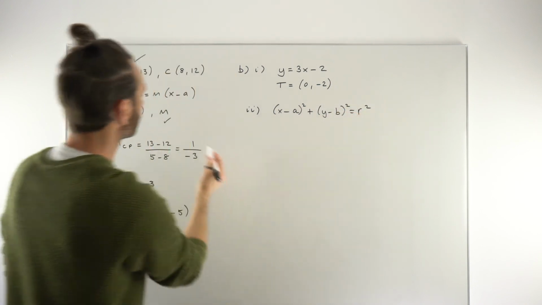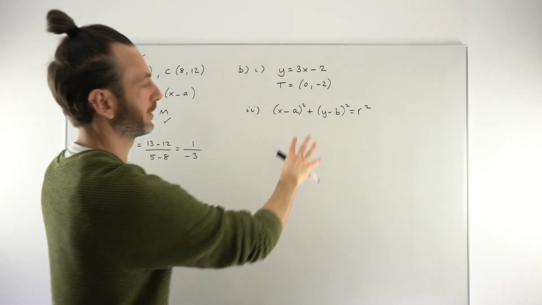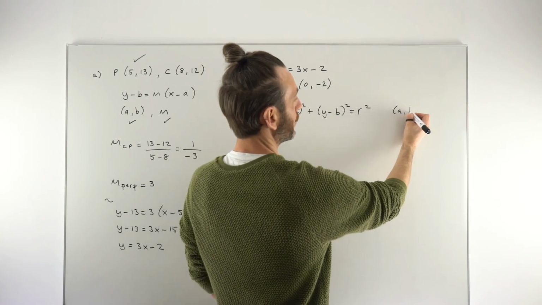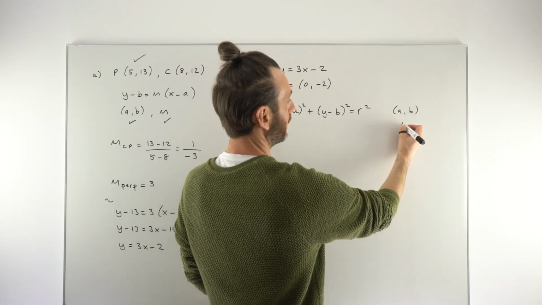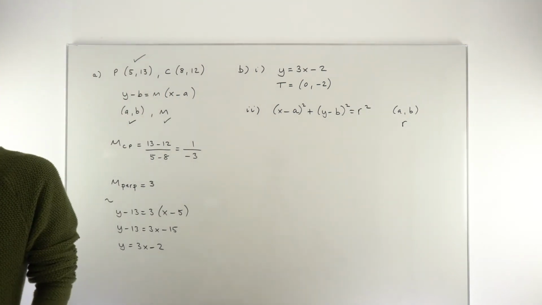And in the same way that the criteria to use this formula is to have a point on the line and the gradient, the criteria to use this formula is to have (a, b), which is the center of the circle, and to have r, which is the radius. How are we going to get that? Well, we're going to get that by realizing that